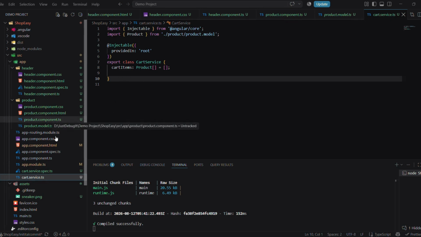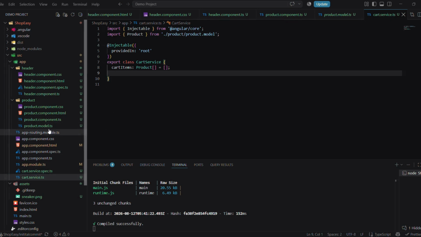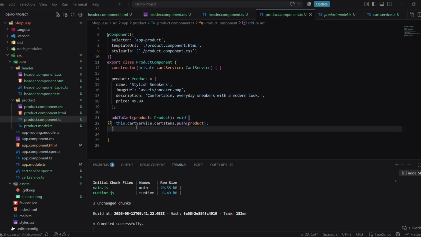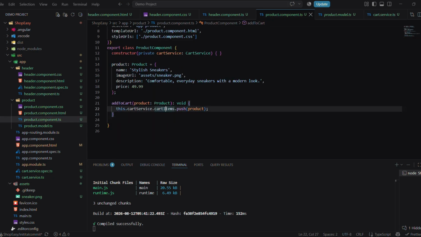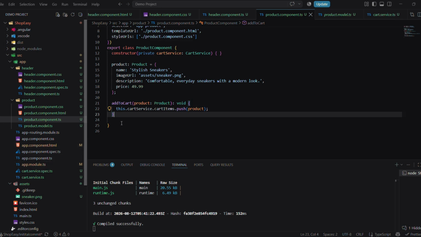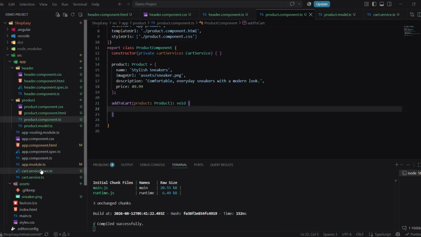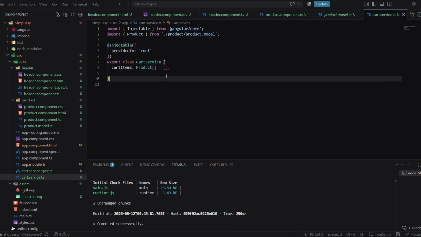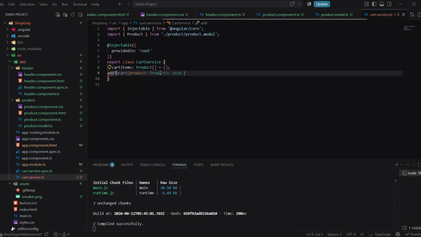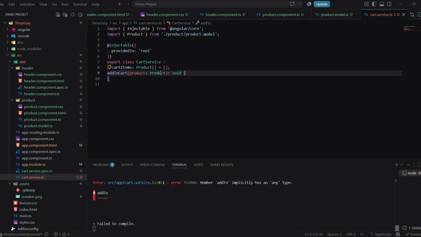But now we can improve our code a little more. Right now the product component is directly modifying the service's array. So instead, let's make the service responsible for changing its own state. Inside this cart service, we will create an add to cart method, and we call that method from the product component.